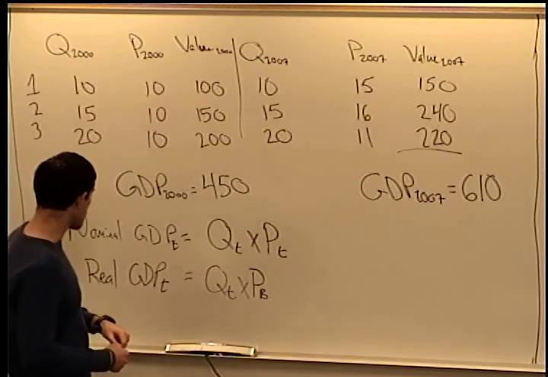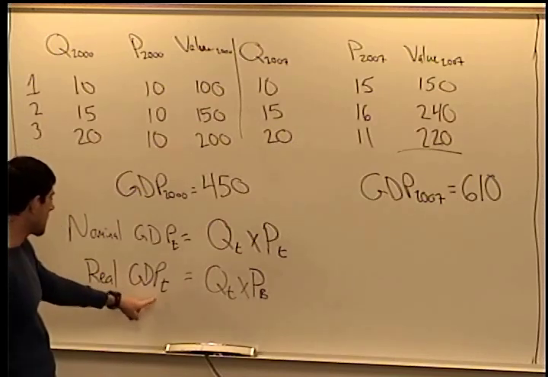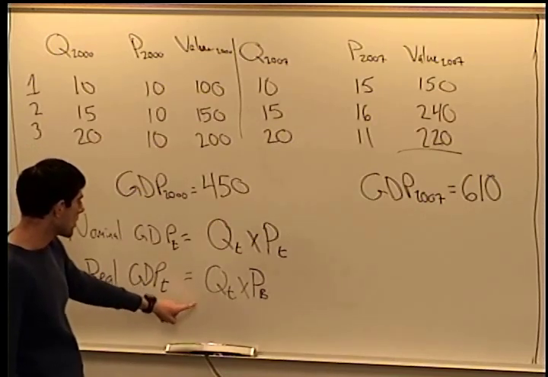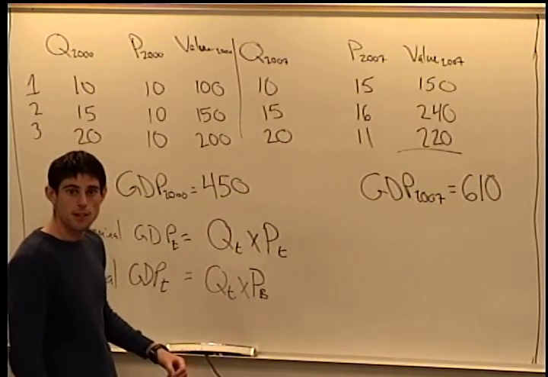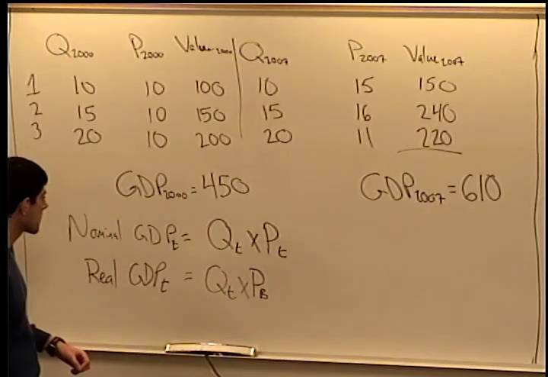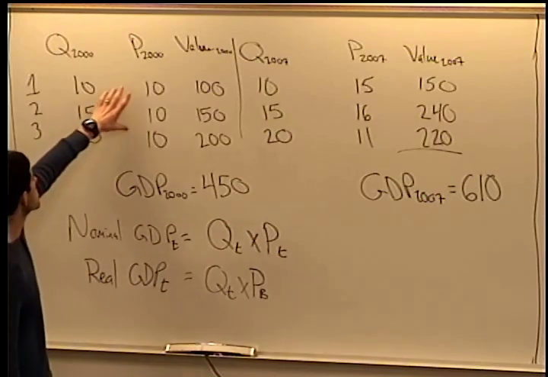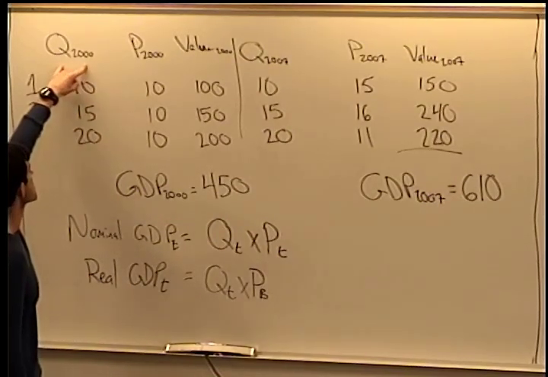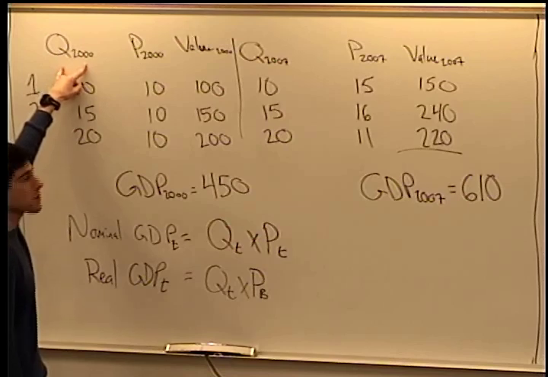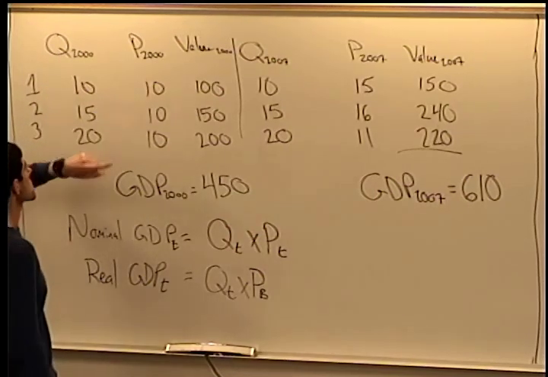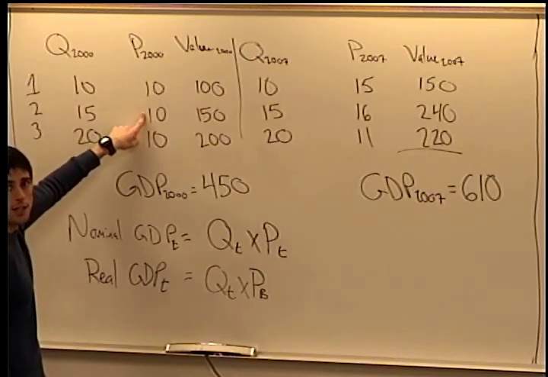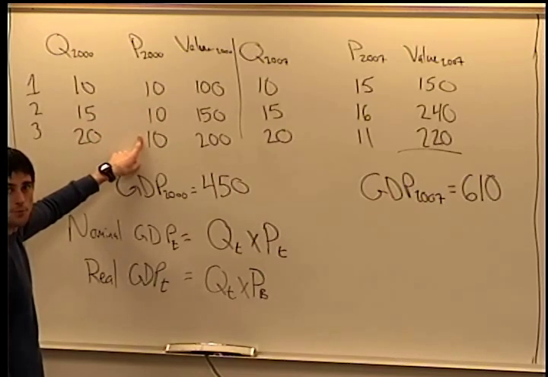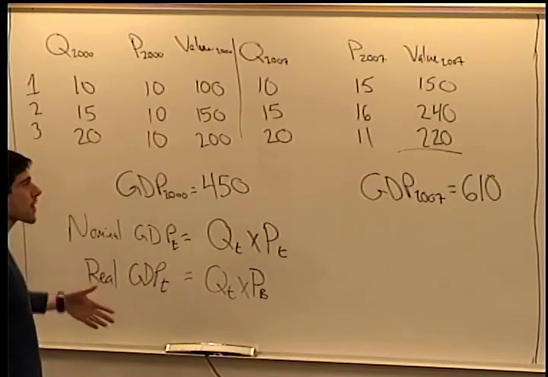Okay? So what we're going to do is we're going to take GDP in each year is going to be equal to quantities in that year times prices in our base year. Okay? So for example, if we take real GDP in 2000, we go quantities in 2000 times prices in our base year, which we said is 2000. So we go 10 times 10 plus 15 times 10 plus 20 times 10. For year 2007,